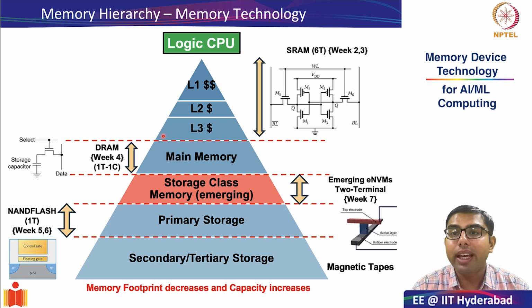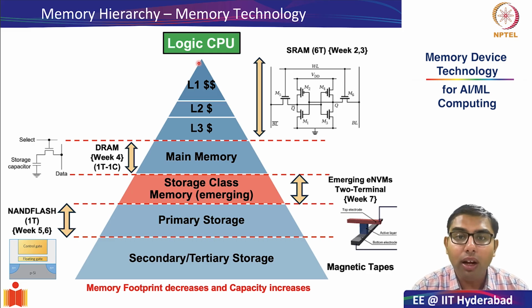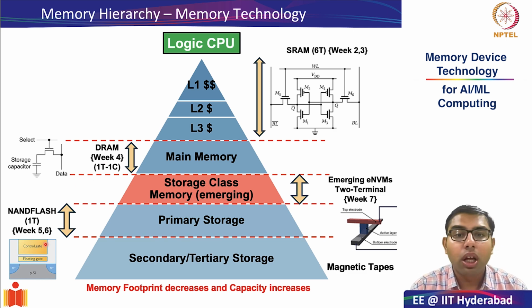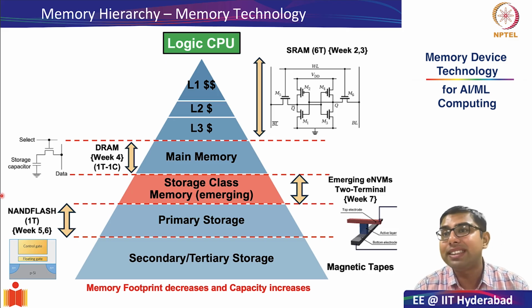in the L1, L2 and L3 caches, you have your SRAM cells made from the same transistor technology as the logic elements as well. Your main memory consists of your 1T, 1C DRAM cells. This forms the infrastructure for a tightly coupled memory subsystem. Going from DRAM to NAND flash, you enter primary storage, where the objective is preserving data, and this is done using the flash cell, which consists of just a single transistor.